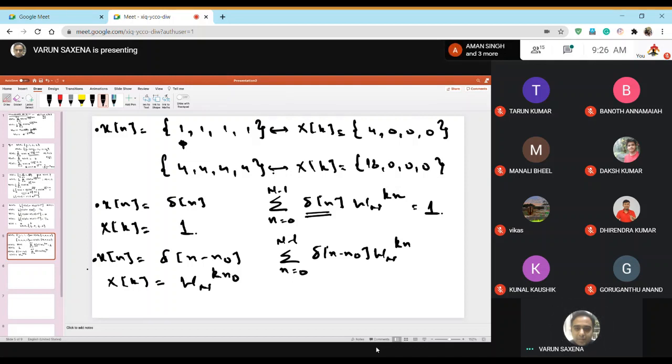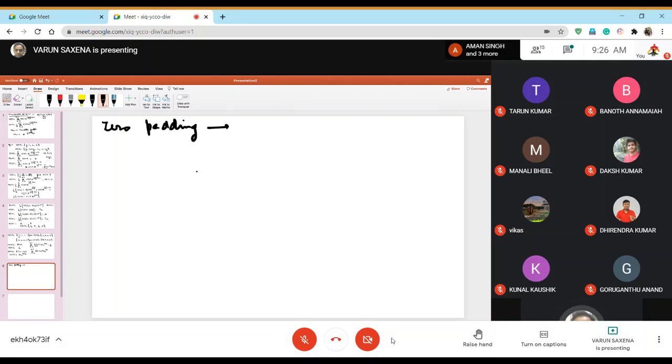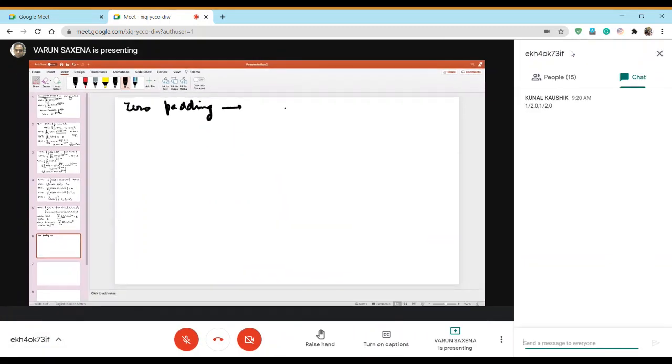Okay. So now, do this thing. If you remember, we studied something called zero padding. We'll use zero padding at some places. I told you that essentially the purpose of zero padding is to increase the length of the sequence so that there are more points when you are discretizing the discrete time Fourier transform to get the DFT. So you get a high density spectrum, which is going to enhance the quality of the spectrum and also help you evaluate x[n] more properly. So basically what we do is add zeros behind the sequence.